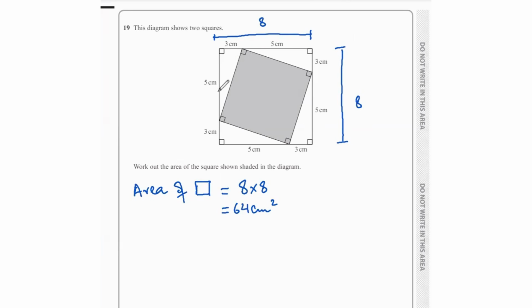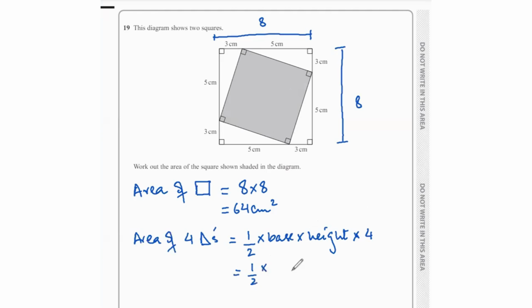Next, I'm going to find the area of the four identical right angle triangles. So area of four triangles. The area of a triangle is given by the formula 1/2 times base times height. And we'll multiply this formula by 4 because we're trying to find the area of the four identical triangles. So that's 1/2 times 3 times 5 times 4, and that's going to give us 30 centimeters